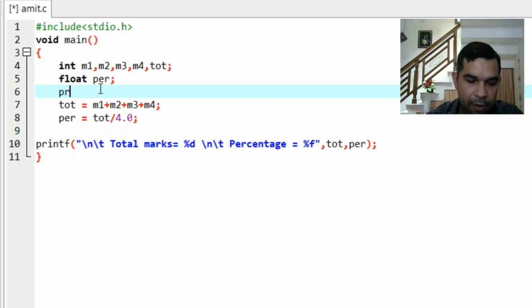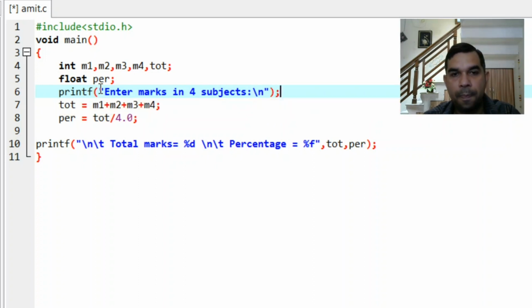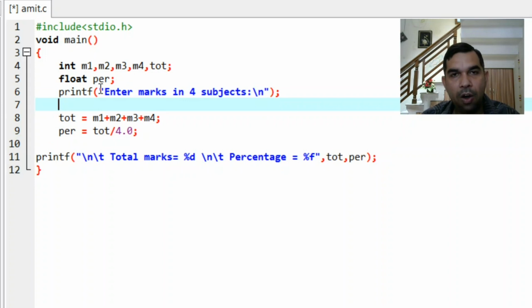For that, first we will have a statement here, printf. So we will write enter marks in 4 subjects in a new line.